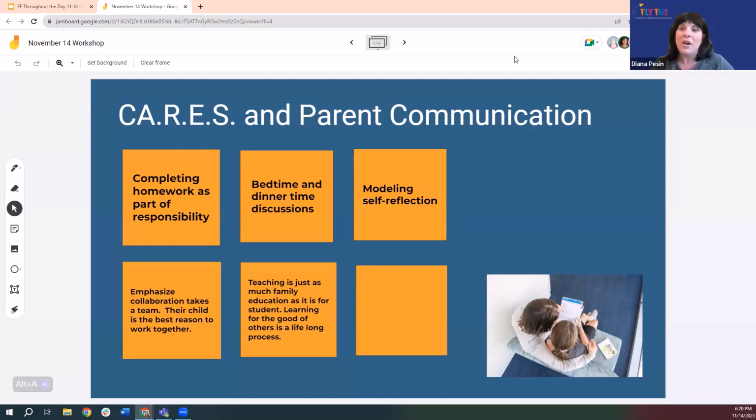Well, I think our parents really do appreciate the school to home connection letters. I had parent conferences recently, and a lot of them were bringing up, oh, that was so helpful. We didn't really know what to talk about or how to address certain topics in the house. And they always talk about how bedtime is when really big feelings come up, and how helpful it was to have bedtime discussions, to be able to use that and have the proper language to talk about it